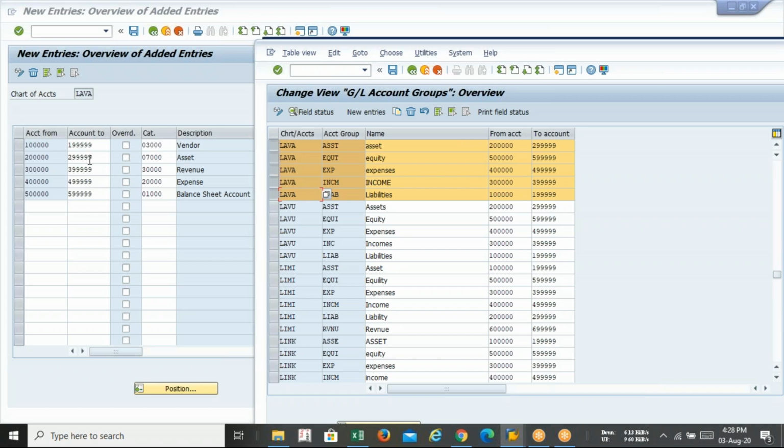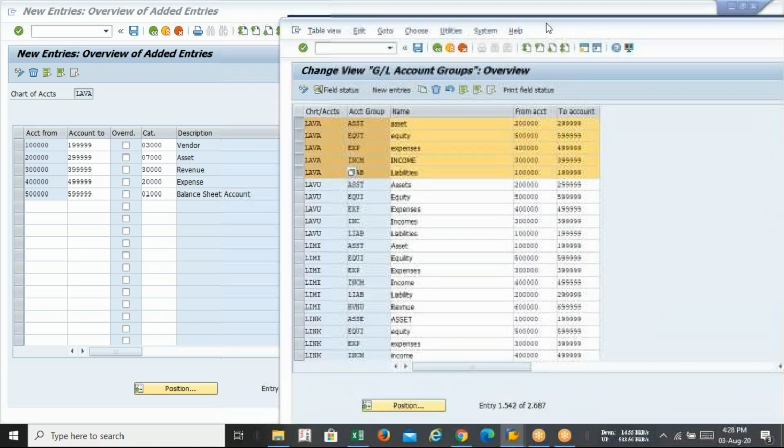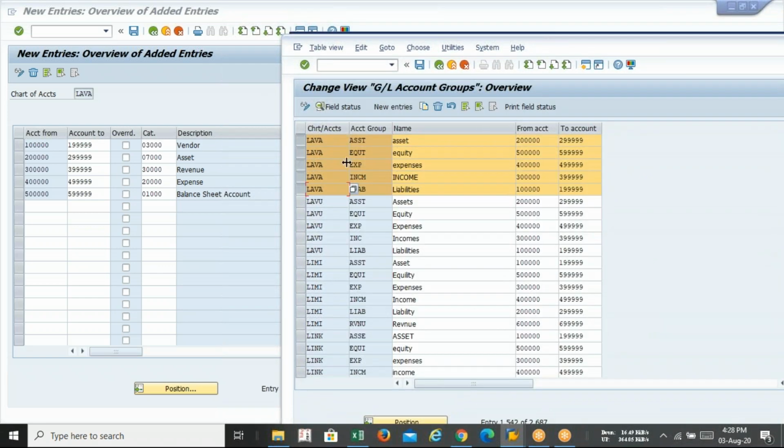Report means it can be the balance sheet or profit and loss account or both. After doing the correct document splitting, your system can generate financial statements like the balance sheet and profit and loss account. So to generate the balance sheet and profit and loss account by the system, you have to complete the configuration of document splitting.